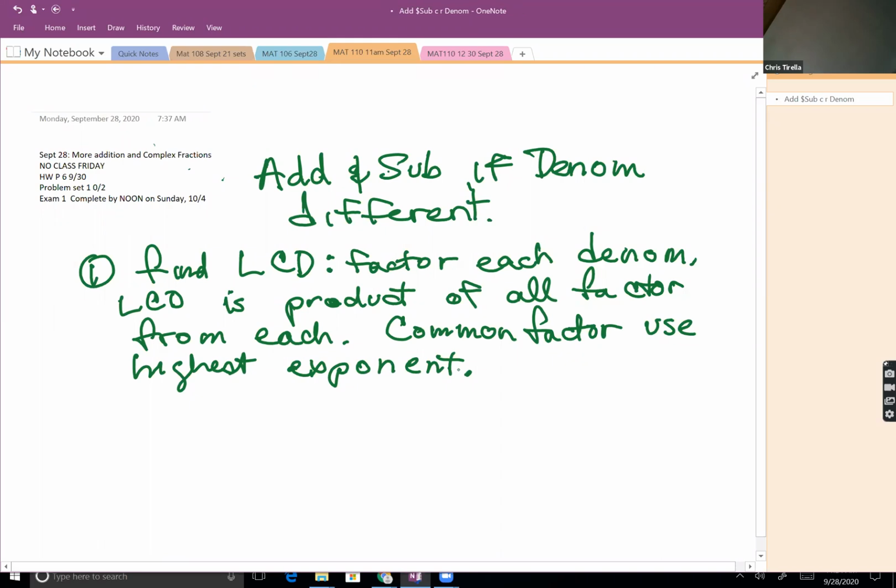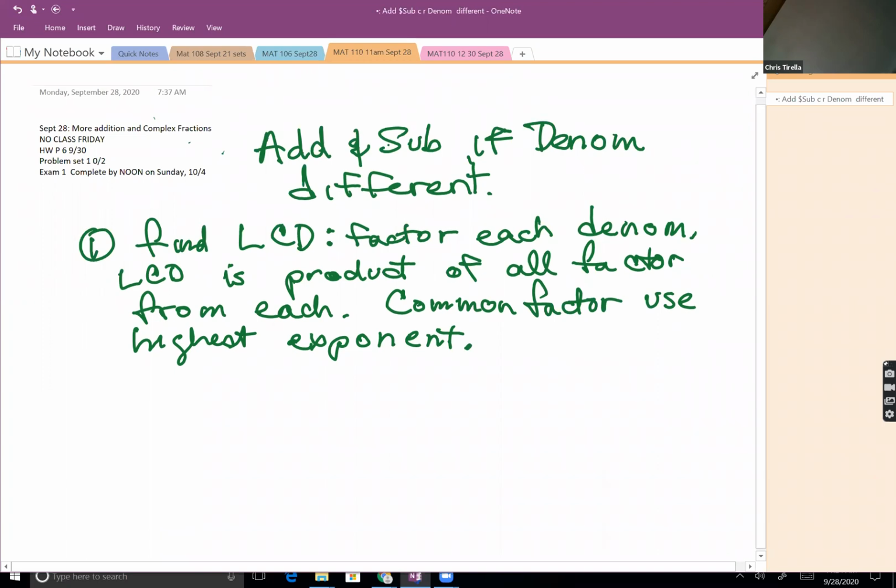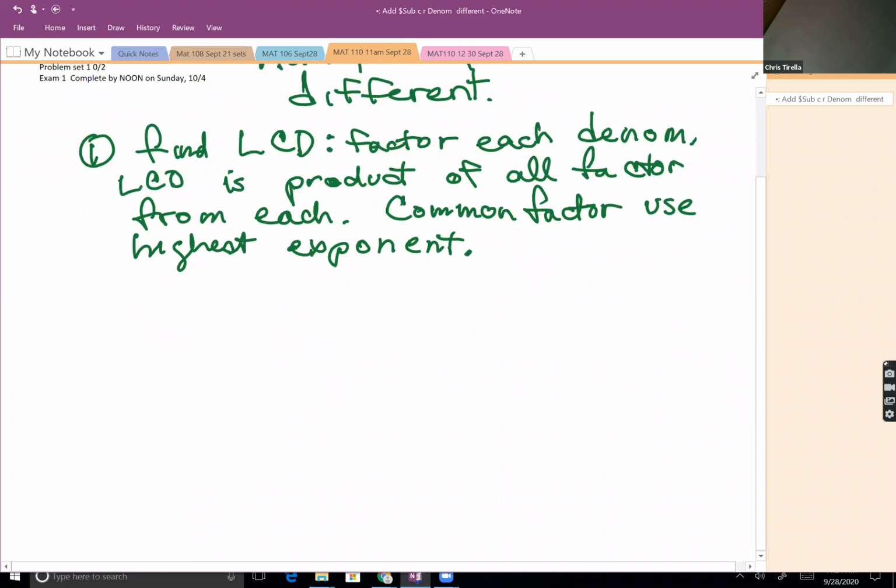So the first thing that we have to do is find that common denominator. And in order to find that common denominator, we're going to factor each denominator completely. So I'm going to start with a simple example. Let's say I have 3 over 2x plus 4